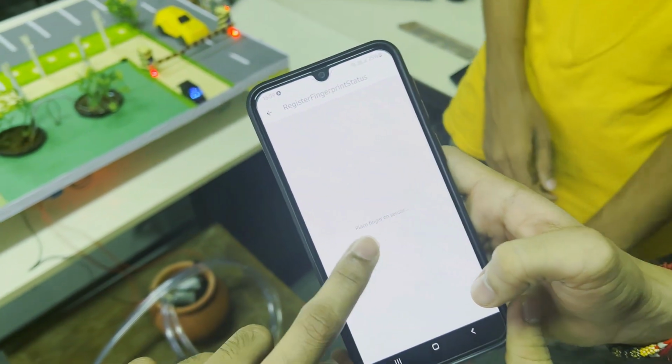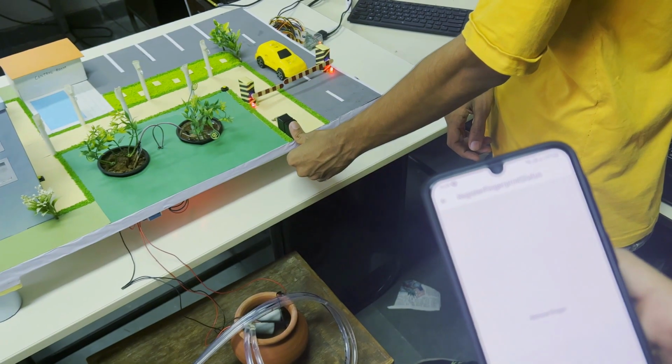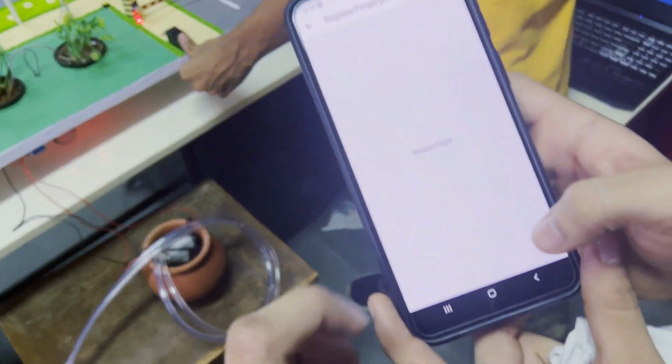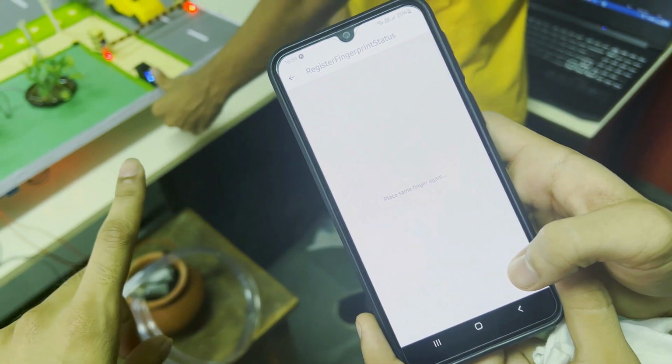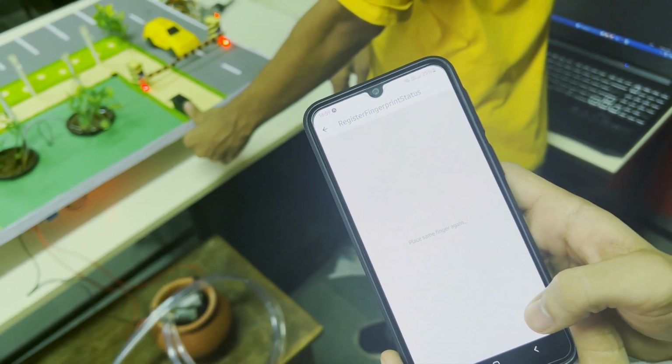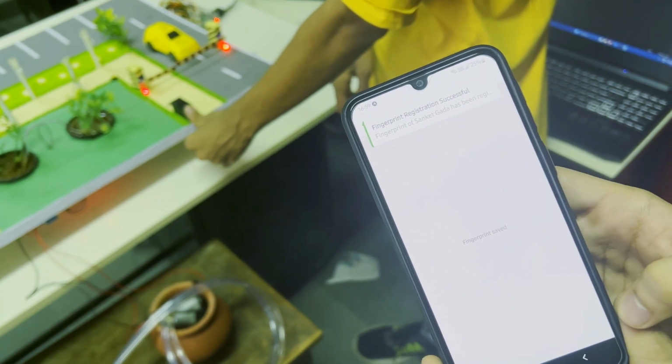Now it says place finger on the sensor. Remove finger. Place same finger again. Fingerprint registration successful.